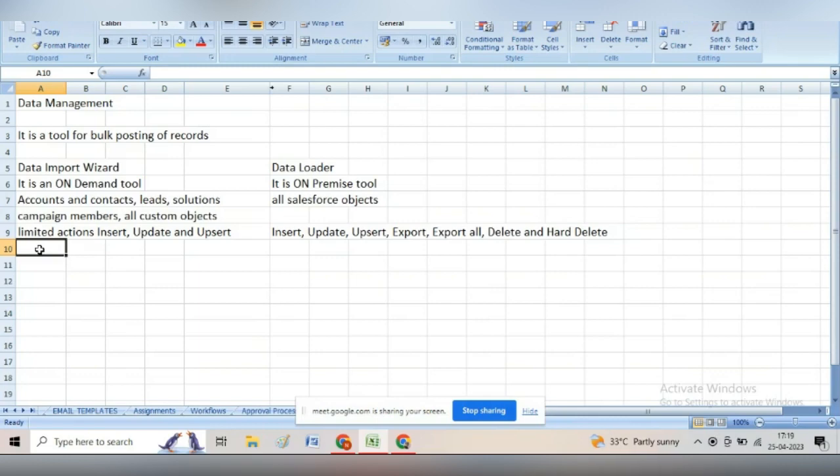It can process a maximum of 50,000 records, right? So it can insert or upsert a maximum of 50,000 records in a single time. And whereas if we talk about data loader,